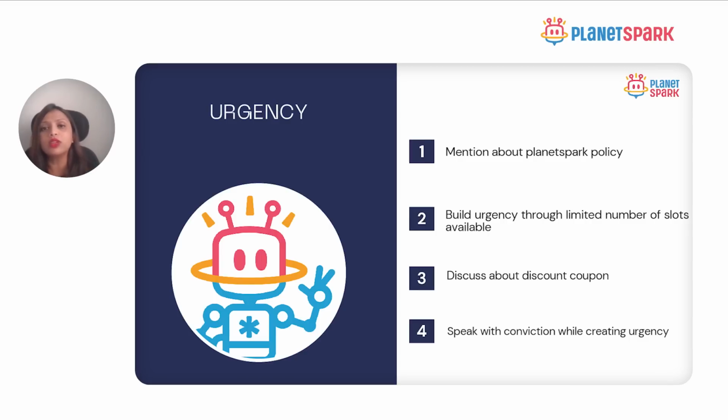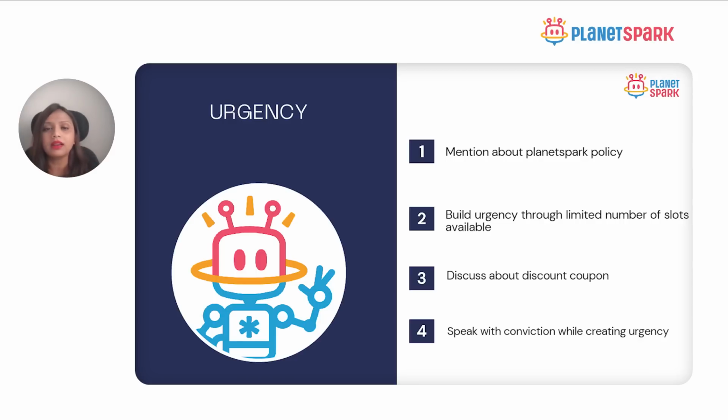And also you can tell the parent that a lot of students are enrolling into our platforms right now. It's taking time for callbacks, but you will have the team get back to the parent on priority basis. So you can select the earliest slot that you see on your LMS to help the parent make a decision faster. Don't give the parent a lot of buying time. Also, don't keep probing the parent, asking, okay, now you tell me what time you want, or do you have anything more to say to me? Do you have anything more? No, maybe you leave it at a point where you've told the parent and now he's just waiting for the